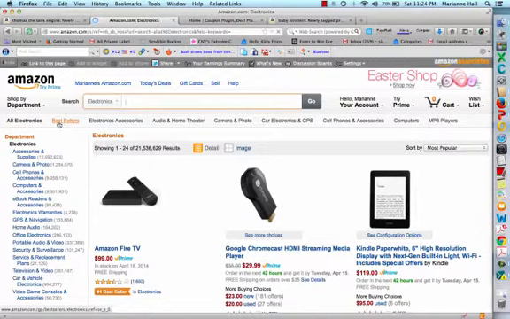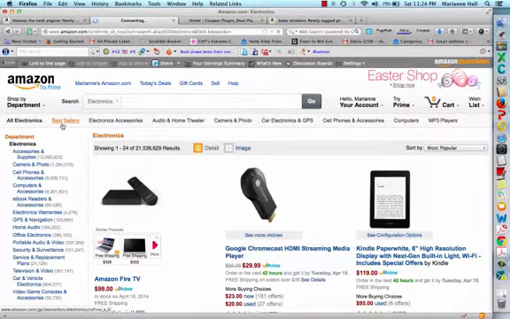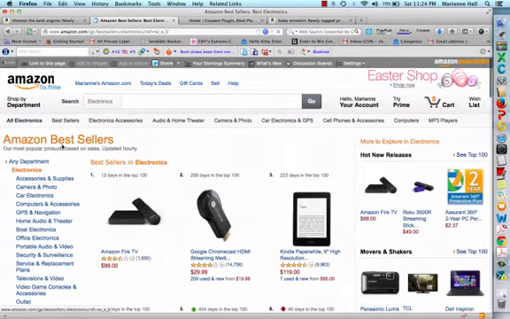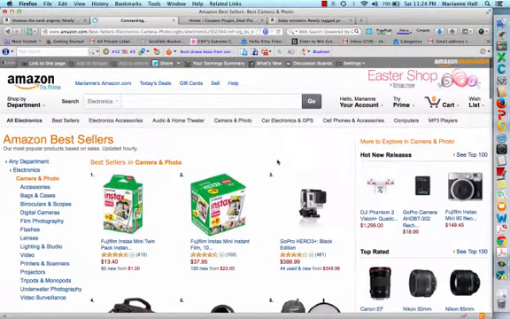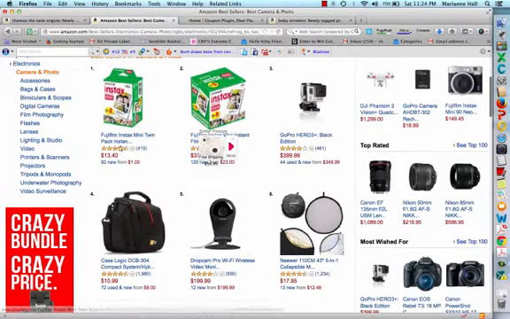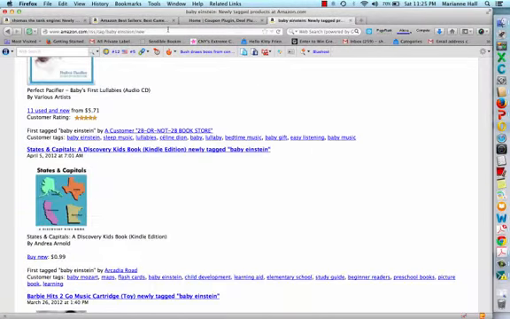In this case, it would be bestsellers. Now, to try to find a tag item of your own, you can do one of two things. You can go to the bestsellers and look at a few items that you like, and say, for example, you want something that is Fujifilm as the tag. You would then go to Amazon, and you would type